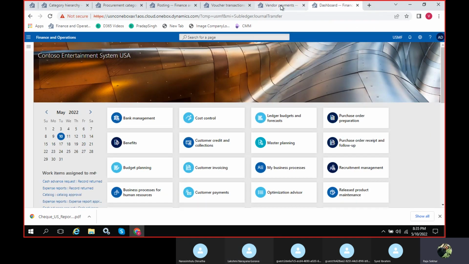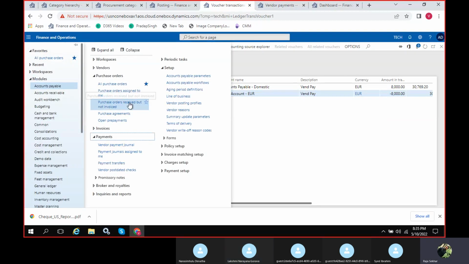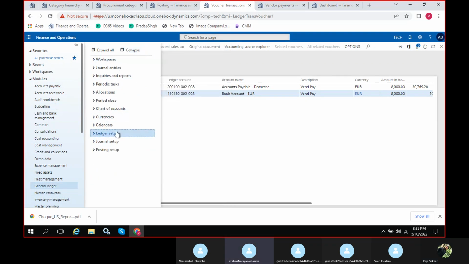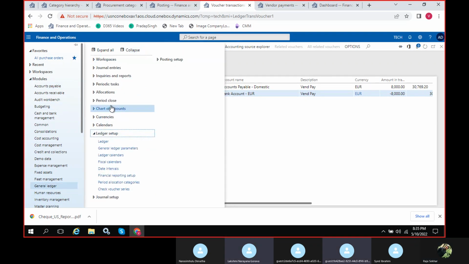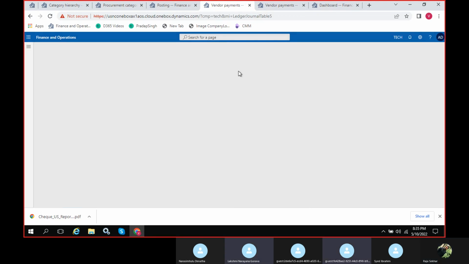If you see here, in your accounting structure, where can I see the accounting structure, guys? General ledger, then Chart of account structures.